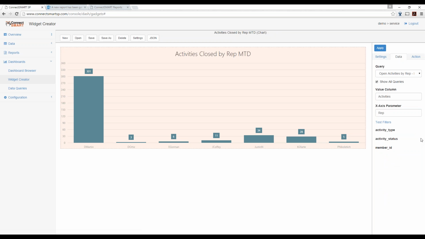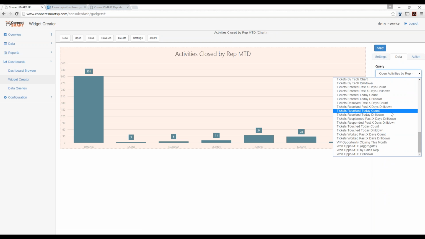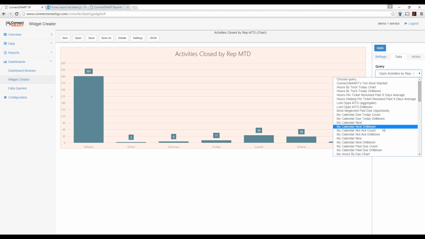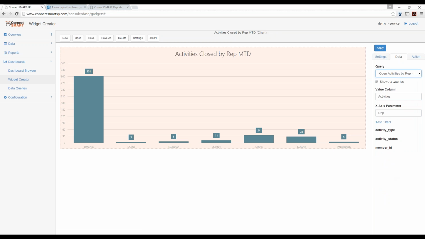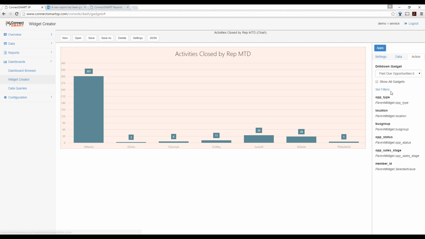Where things are set up from scratch is really inside of the widget creator. We have a whole bunch of data sources for you to play with. Let's say you don't like any of the widgets we have, you can look at the different types of information available inside of our system already and just start binding different types of charts to it, see what it looks like, set up custom filters for it, define how it's going to drill down into its data, and some of that